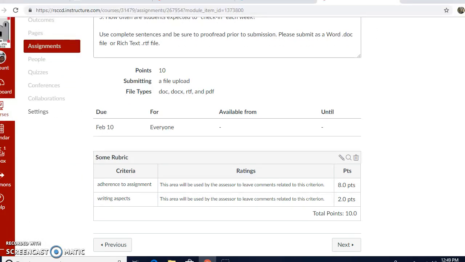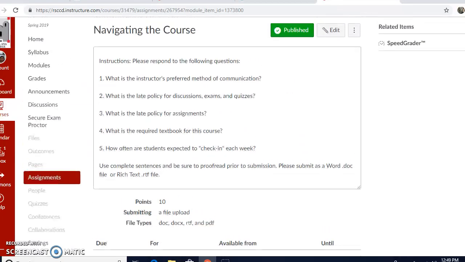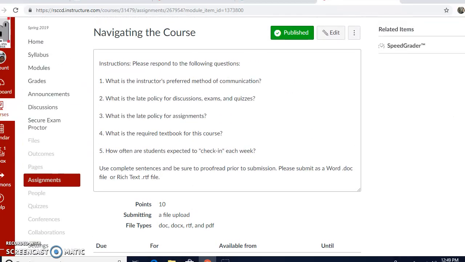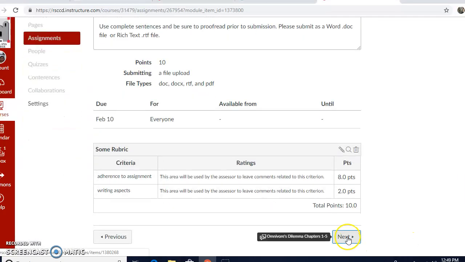As well, you will look at the grading, which is the addressing of the questions, and then also using correct sentence structure if at all possible. All right, and then the next assignment